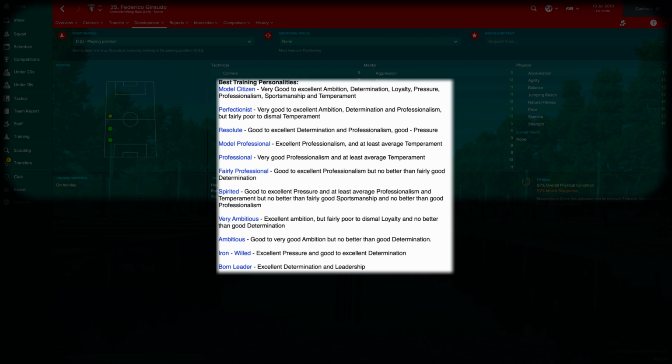So, one of the things you want to do in your game, I've got a book, and this is in one of my books that my patrons get access to. Now, what you do is you find a group of players who fit certain personalities. You can get iron-willed, ambitious, very ambitious, spirited, fairly professional, model professional, resolute, perfectionist, and model citizens. Born leaders, I've never seen one yet. And I have seen one model citizen, but it's very, very rare. It's important to keep players with great personalities in your squad. Sometimes you may even end up scouting for players who are senior, who have great personalities,